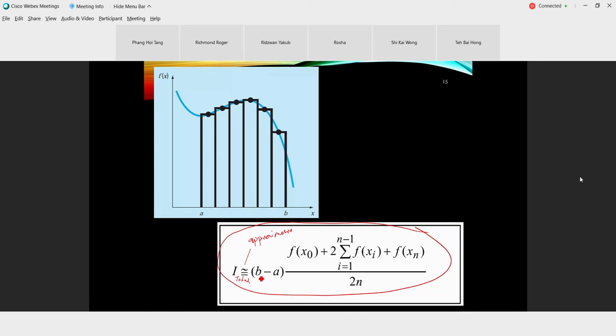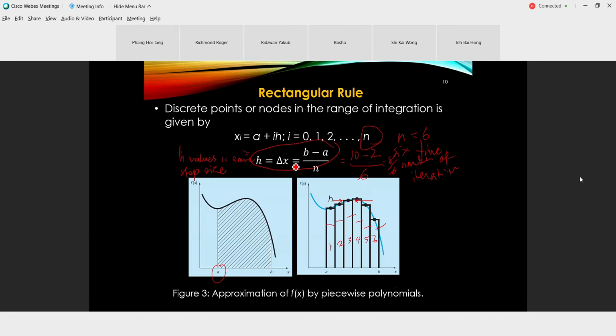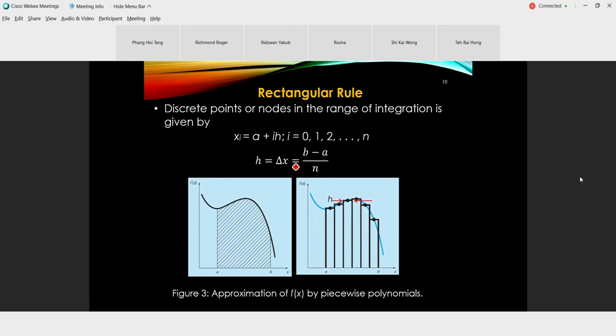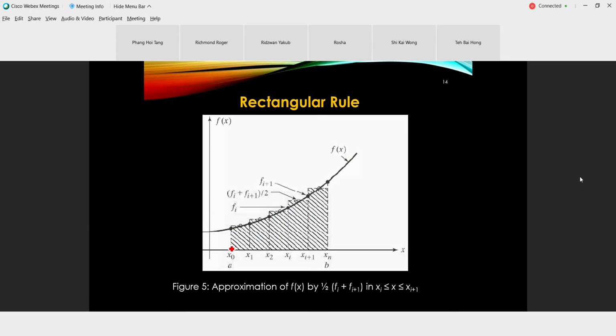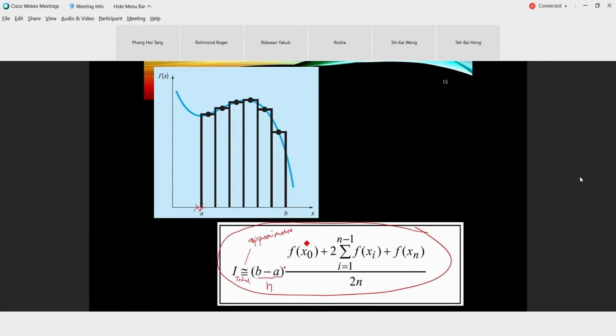It is approximately B, the upper boundary, B minus A, divided by n, which reflects how you determine your h value, and then multiplied by the function at x0, because this is x0, reflecting this figure. Multiply the function at x0 value plus